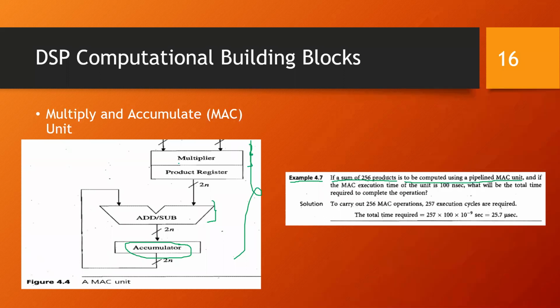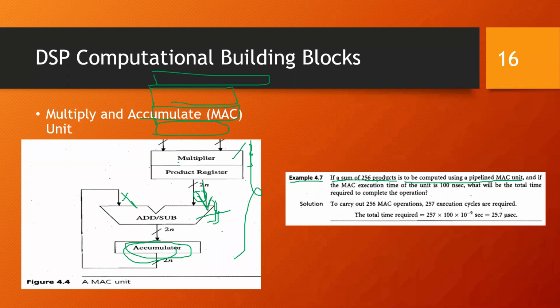This is a pipelined MAC unit because the first result you have computed gets added with this result and is present in the accumulator. By the time this adder finishes its operation, the multiplier will take the next set of input and provide you the next result. Once the adder has finished and stored the data in the accumulator, the multiplier will be present with its next data. So the multiplier and adder are both performing their operations and all the data is in pipeline. That is how we specify it as a pipelined MAC unit.